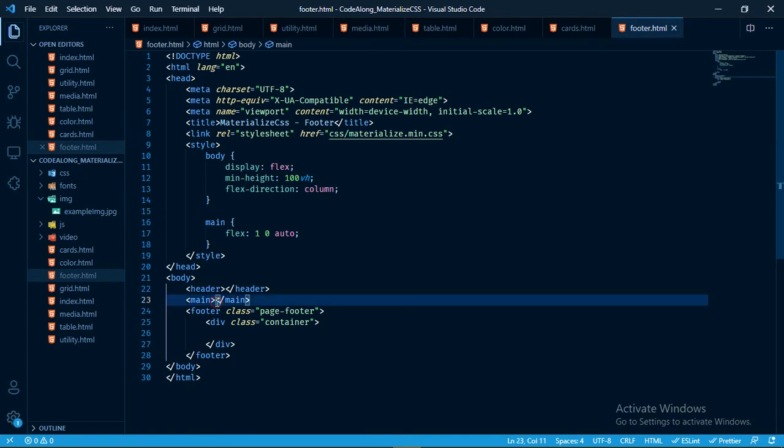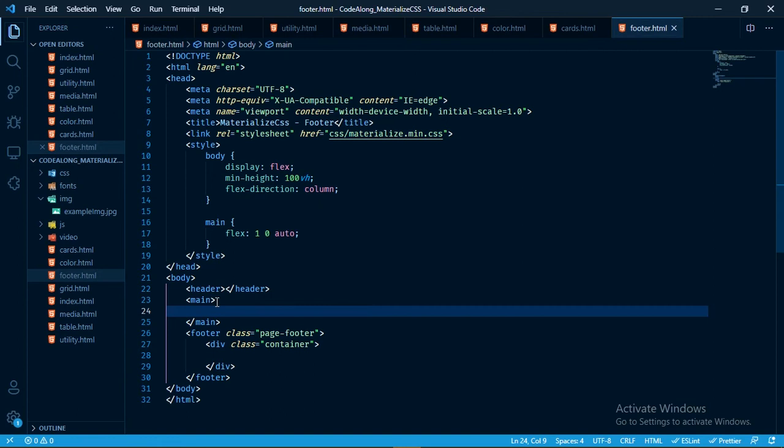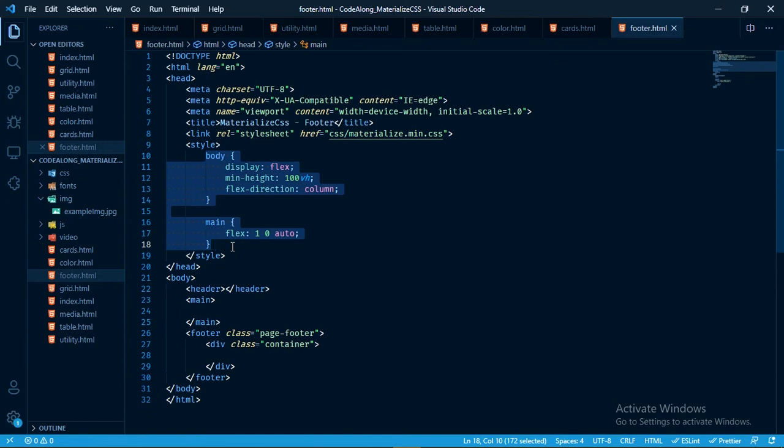So assuming we added many things in our main, that means the footer will now go to the bottom. But using this styling provided by Materialize CSS, you are able to make our footer stick to